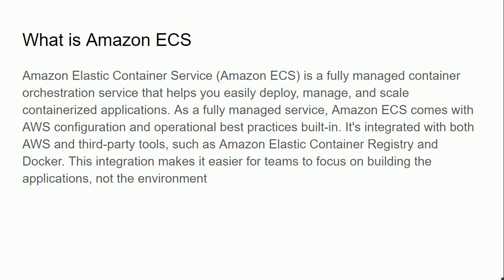So ECS is a tool which is fully managed by Amazon. We don't need to set up anything. We just need to use our existing image, whether you collect it from Docker Hub or ECR, and you can simply use it